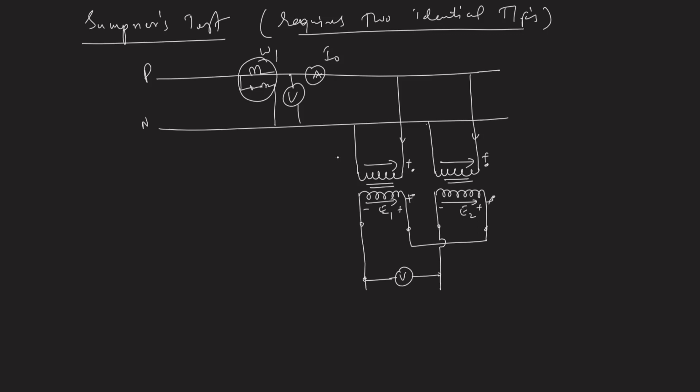So altogether, because of identical transformers and having the same voltage turns ratio, these phasors E1 and E2 are equal and opposite, so we will measure a zero voltage here. Okay, now what we do is we try to now pass